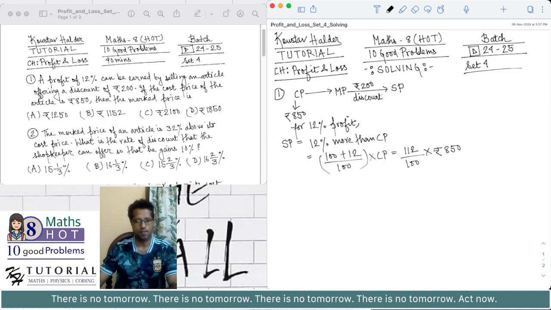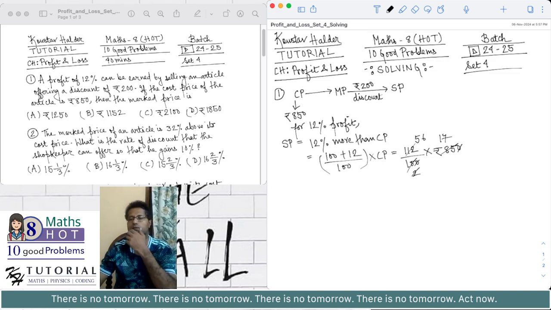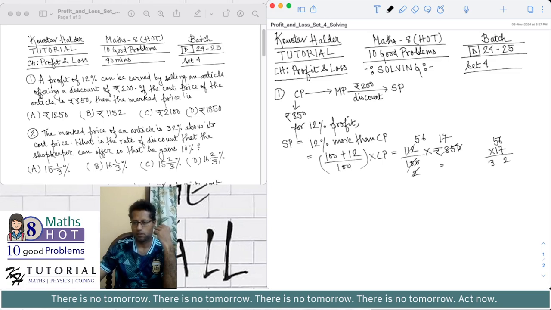Now, we have to calculate. One zero cancels, one zero cancels, 5 2s are 10, 5 17s are 85, and 2 56. So what is this? 56 multiplied by 17: 42, 35, 39, 56, 12, 15, and 9. So the selling price is 952,